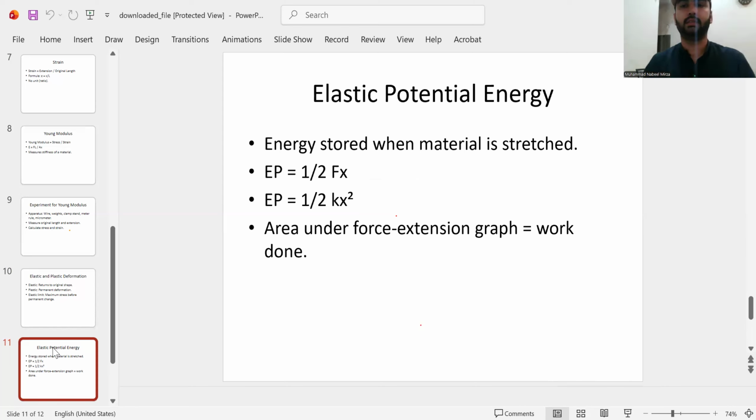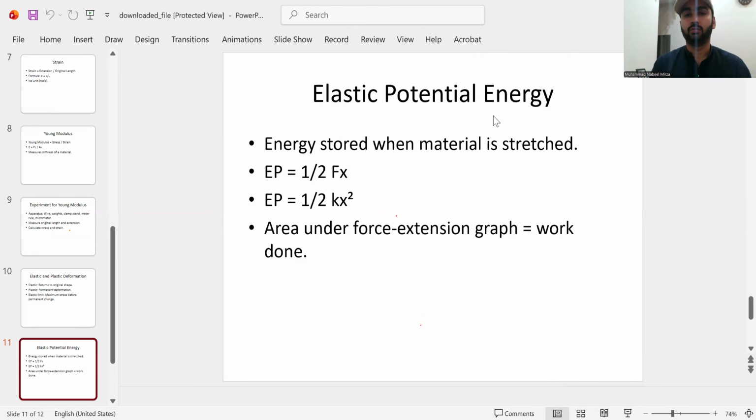Now, in the next page we will learn elastic potential energy. In the back, we learned about elastic. What's the meaning of elastic? A body that, when we apply a force, comes back to its original position. It's called elastic. And potential energy means the maximum energy it can